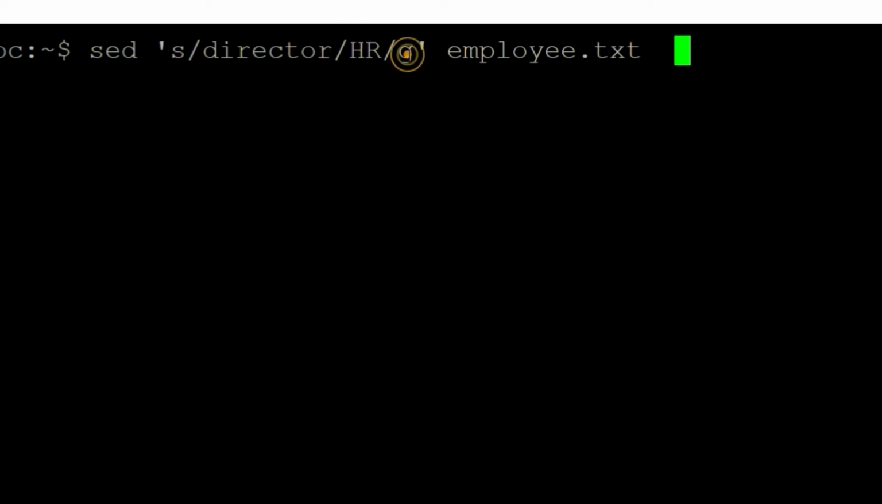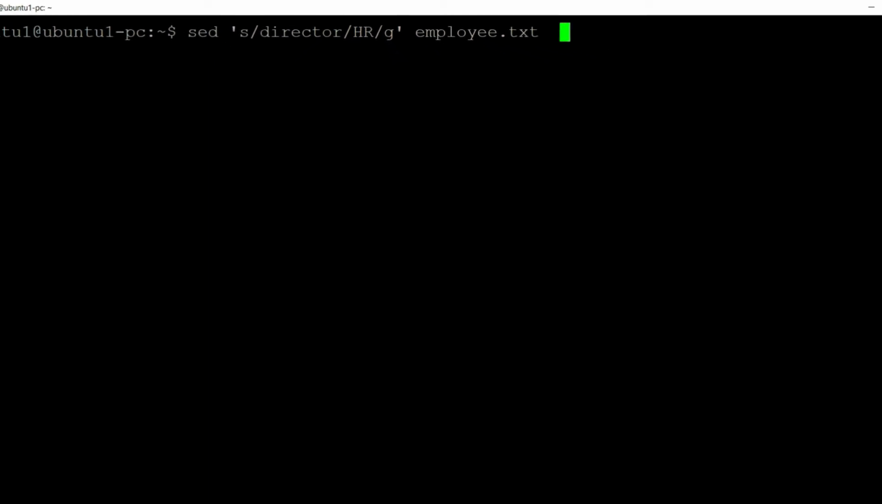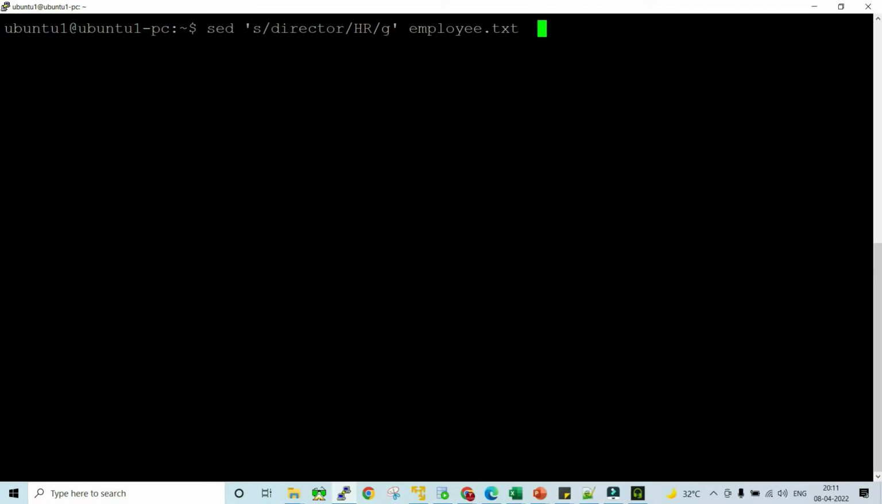Now what is that g? g stands for global. Let's suppose that in a single line, director is coming multiple times. So all the occurrences will be replaced by the HR. All right, and finally you have to close the inverted quote, and you have to give the file name, which is employee.txt. Now let me press enter,